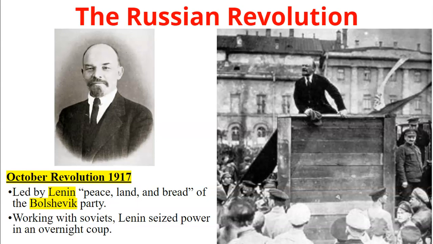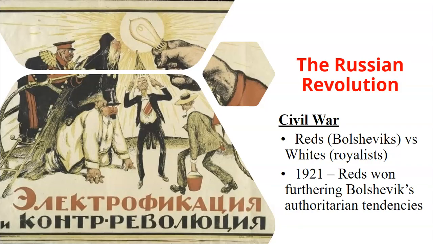the course of history. So between 1918 and 1921, we have the two groups: the Reds, which are the Bolsheviks, versus the Whites, which are the Royalists, the monarchists, the militarists, and even, from the beginning, the foreign nations, because these foreign nations wanted to stop Russia's ability to consolidate and take all this power. But of course, the Reds win, furthering the Bolsheviks' authoritarian tendencies.